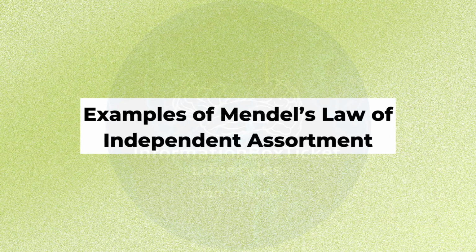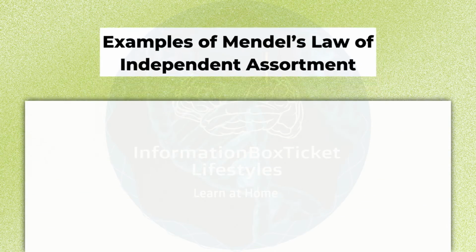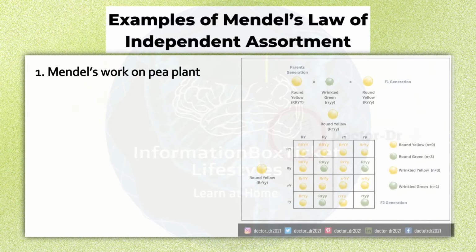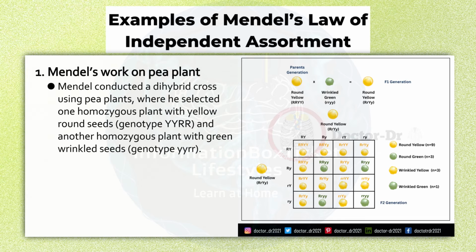Examples of Mendel's law of independent assortment. First, Mendel's work on pea plants. Mendel conducted a dihybrid cross using pea plants, where he selected one homozygous plant with yellow round seeds, genotype YYRR, and another homozygous plant with green wrinkled seeds, genotype